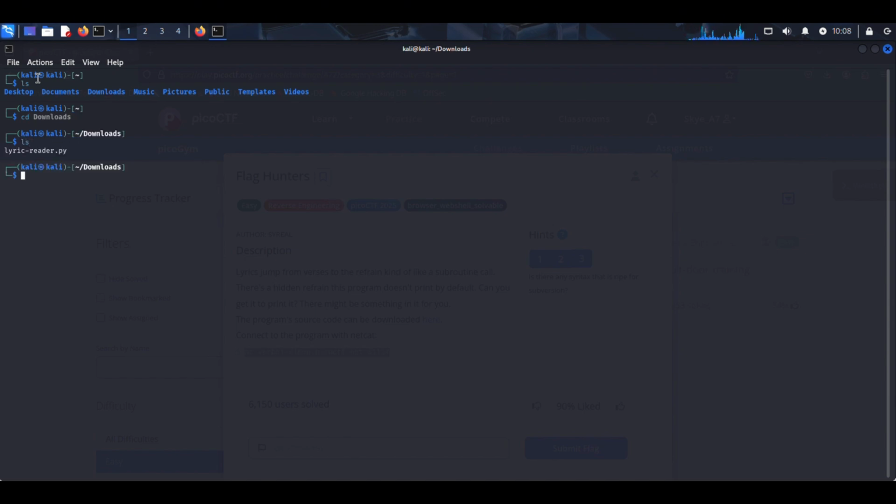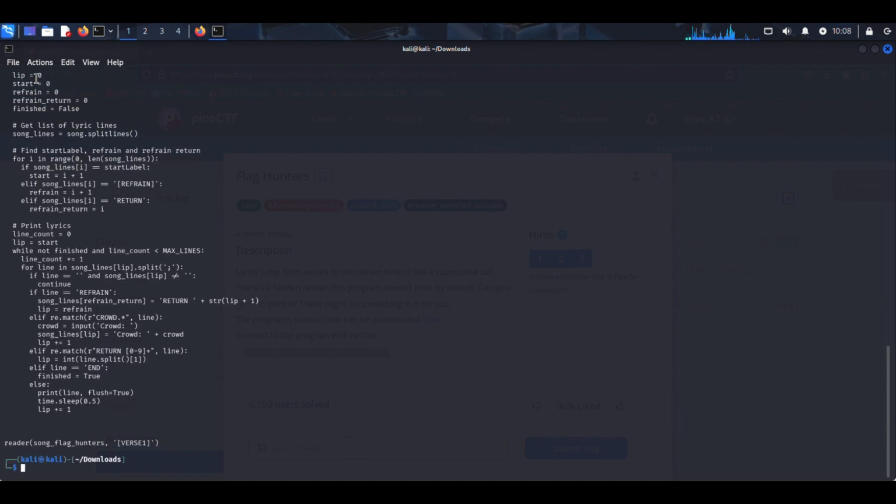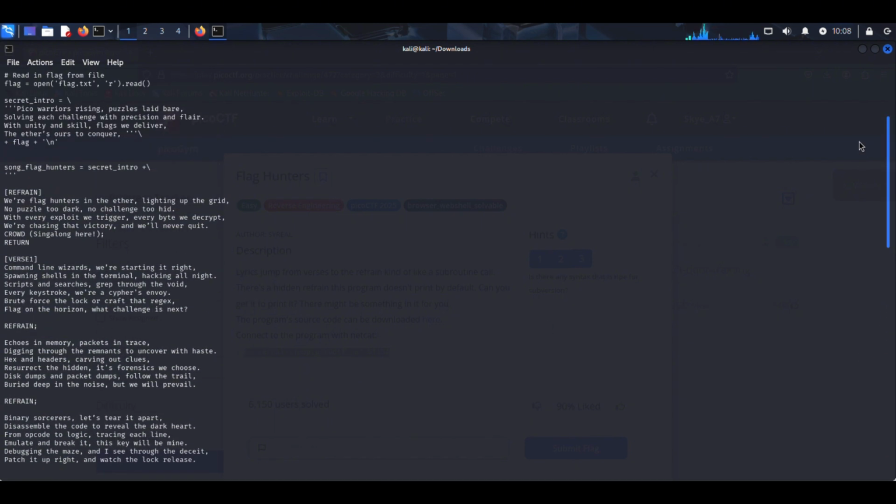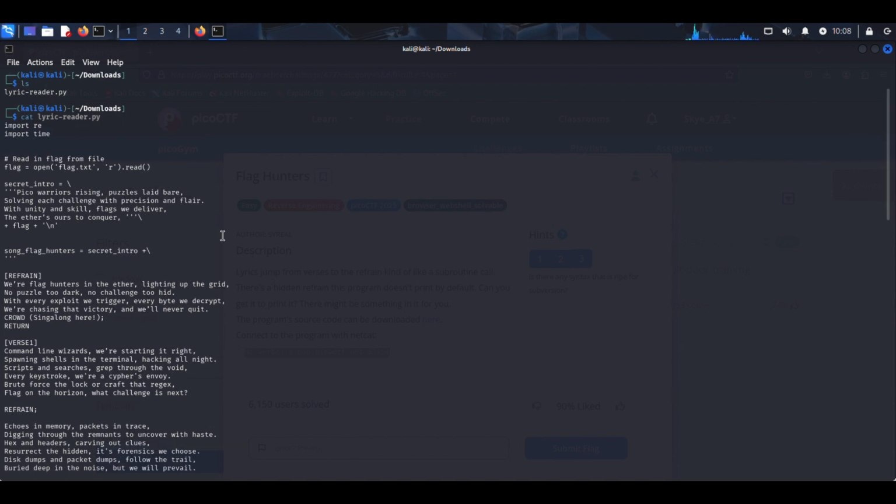And let's open the file. We have the content of the flag.